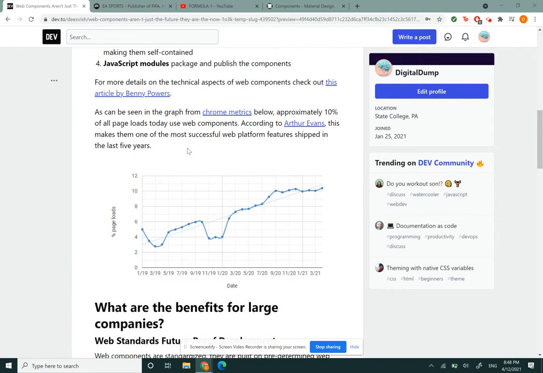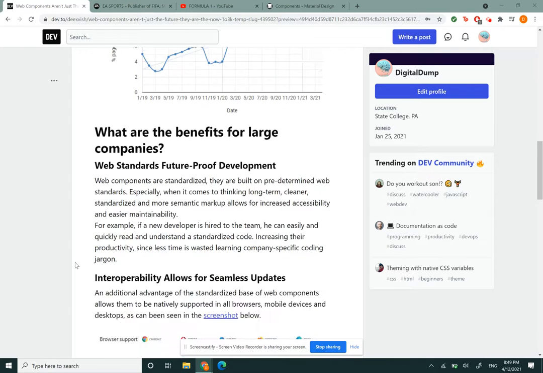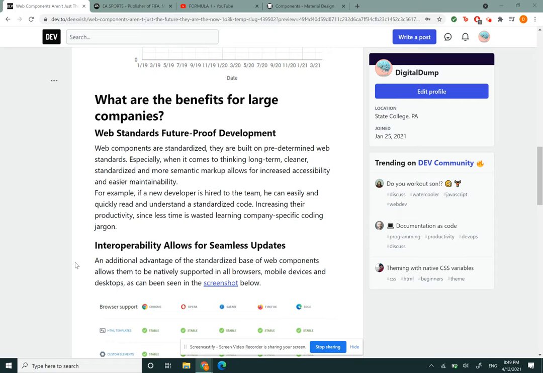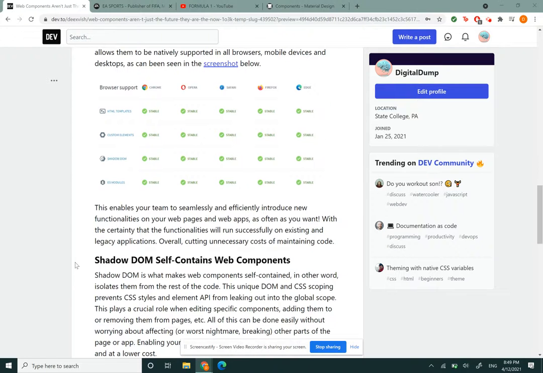Web components are considered the most successful web platform feature shipped in the last 5 years and have a multitude of benefits, especially for large companies, which you can find out more about in this blog, which I've added the